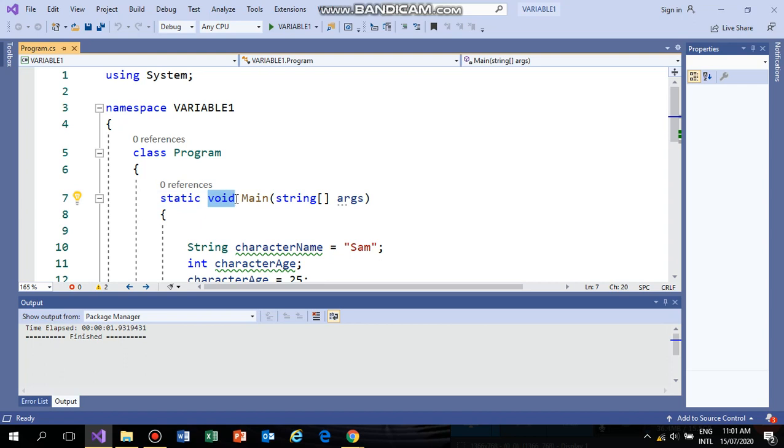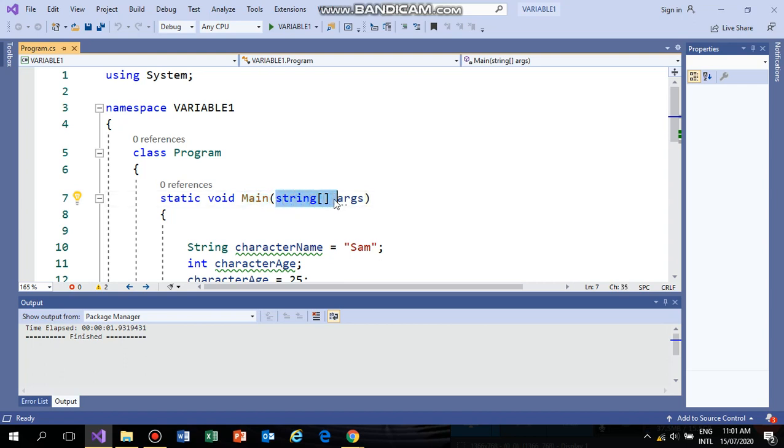Void means that the method does not return any value. Main is a function here, the method of the class. The execution of every C Sharp program starts from the Main method, so it is mandatory for a C Sharp program to have a Main method.